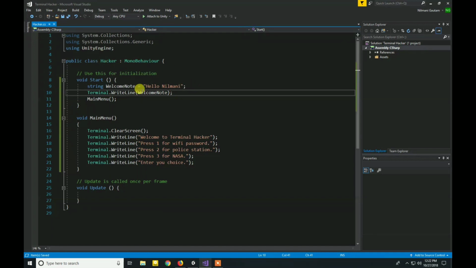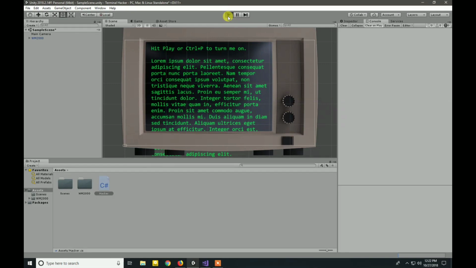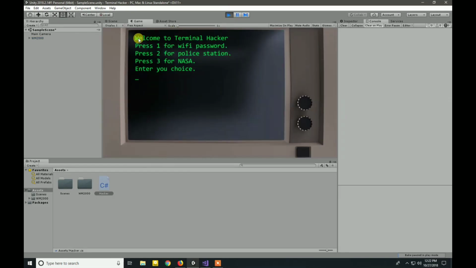Now save and check in Unity. Again, we didn't see any changes. What's going on here?